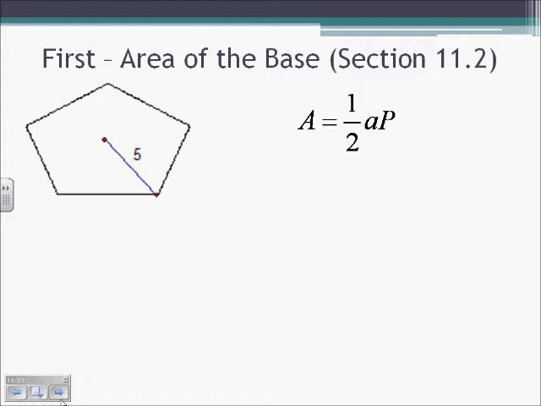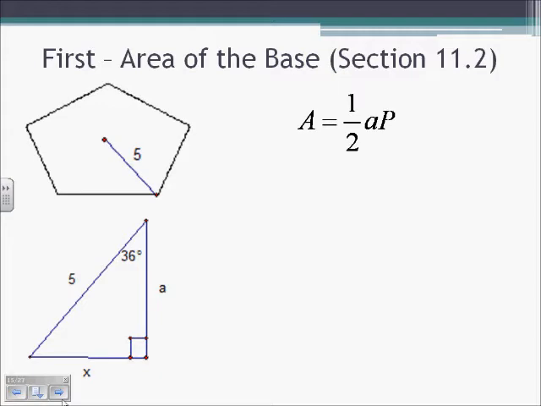So let's start with our first step, finding the area of the base. Again, this is really just section 11.2. We know the area is equal to 1/2 the apothem times the perimeter. But we are only given a radius, so we need to find the apothem first. This is 5-sided. So we know we're going to have 360 divided by 5 to find the central angle. That's going to be 72. We divide that in half then because our apothem bisects that angle to be 36, so we form the right triangle you see here. So then we know the apothem is going to be 5 times the cosine of 36,